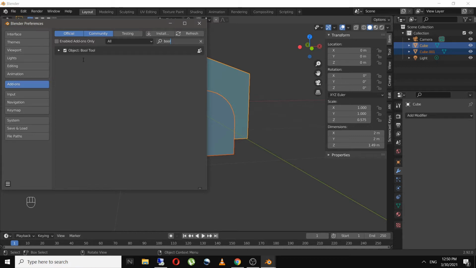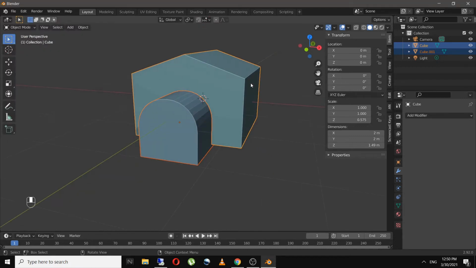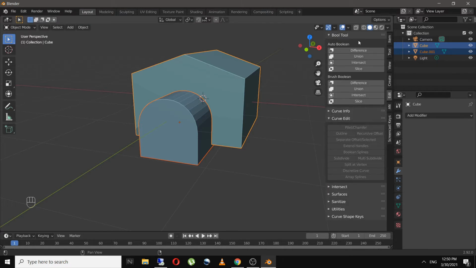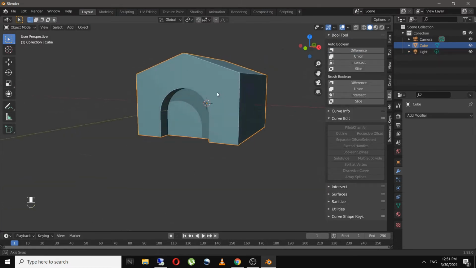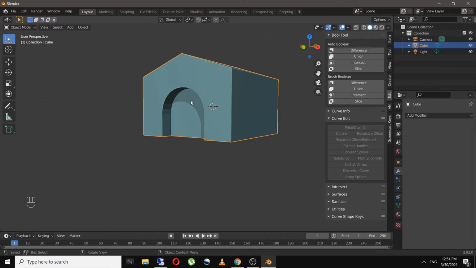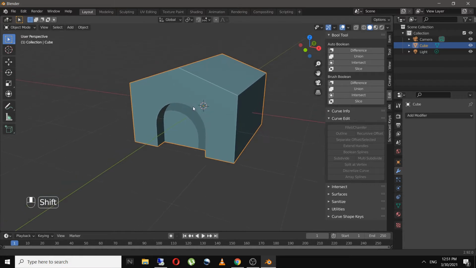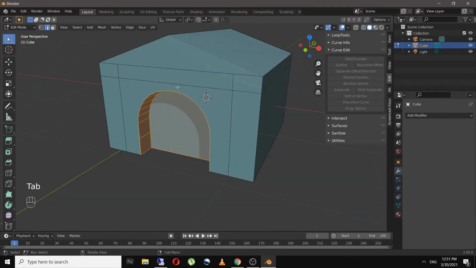So once you enable this, you can see it on your right hand side over here, and just click on difference. So as you can see, this is a pretty good looking geometry right now, and it has cut the shape very precisely.